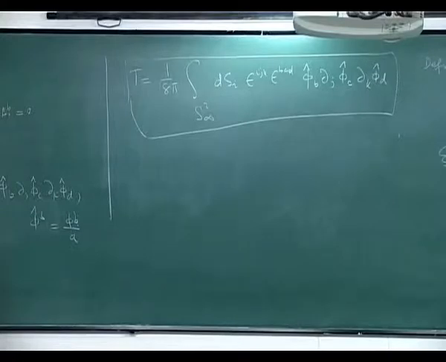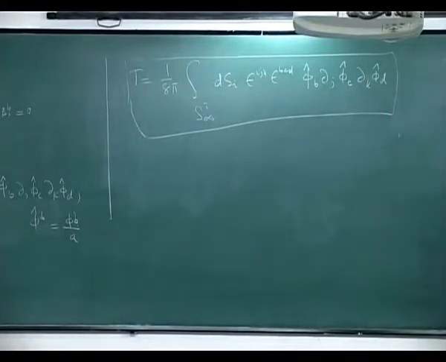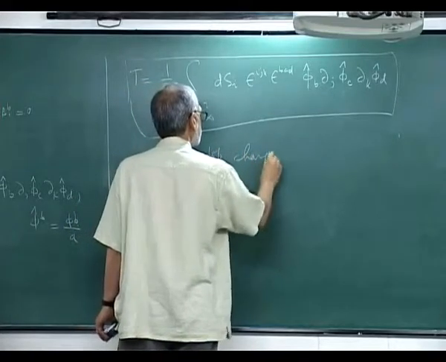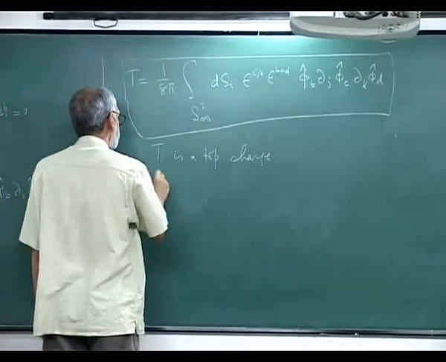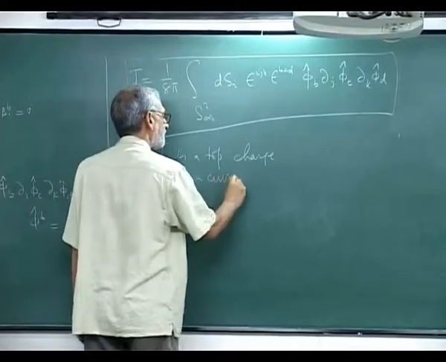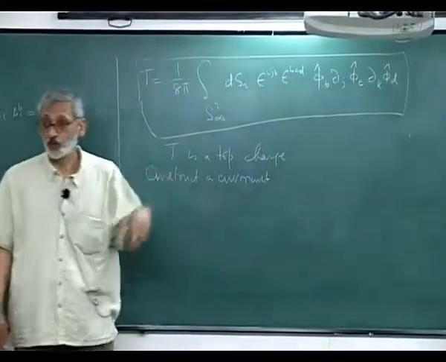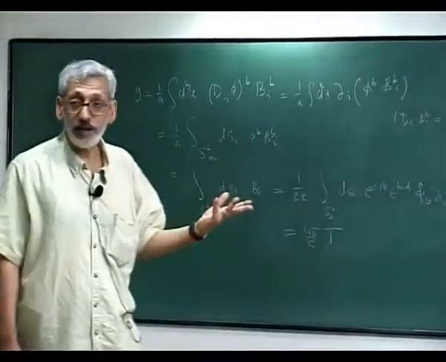Now this T is a topological charge. To see that, construct a current for which this would be a charge. In things, you take the time component of that current, integrated over 3x, that would be a charge. So we'll construct a current for which this object is a charge,